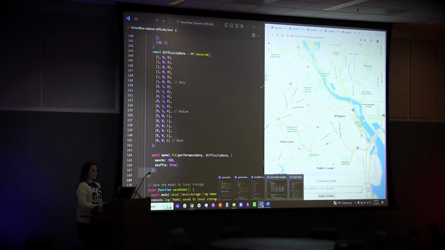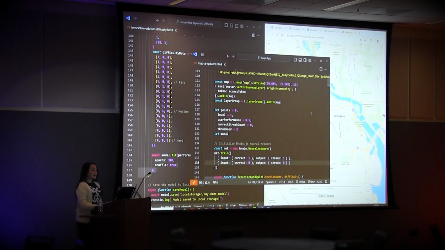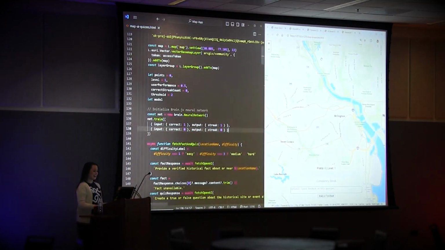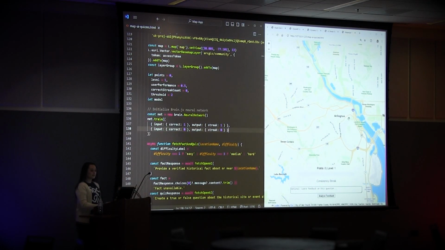And one of these elements I just added last minute. And I will say, again, OpenAI, it's a little finicky with some of the responses, so we'll see what happens. But essentially what's supposed to happen here is when I click on the map, you're supposed to be able to see, based on that location, a history fact and a trivia question. And that trivia question, just to make it real simple, it's going to be true or false. Make sure that happens.